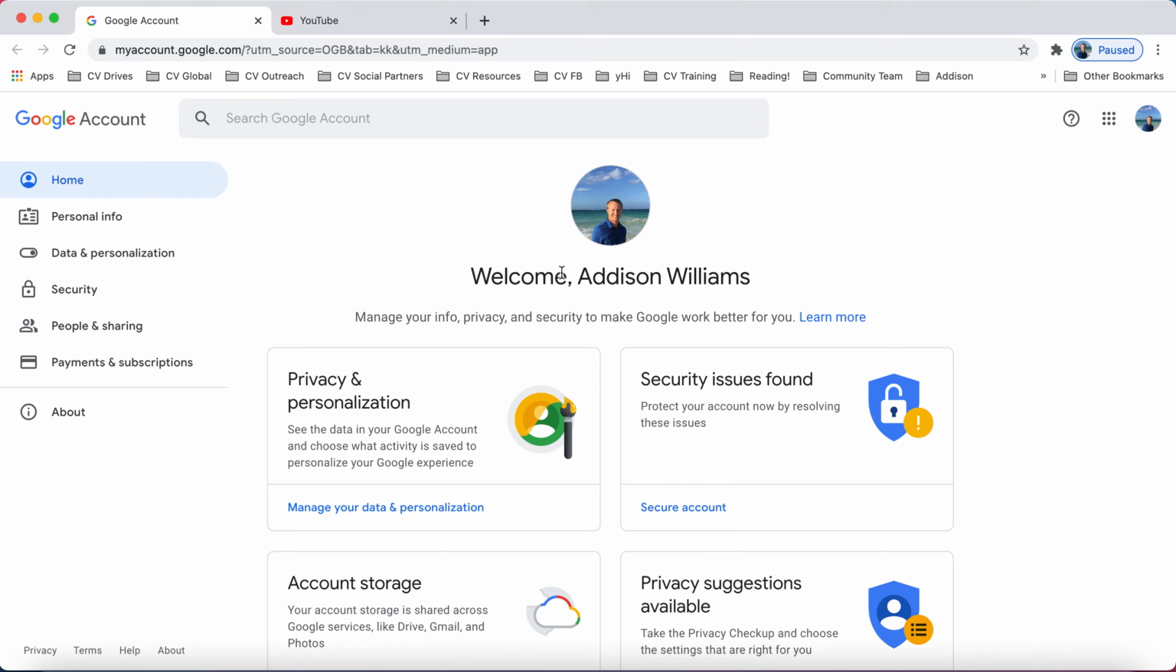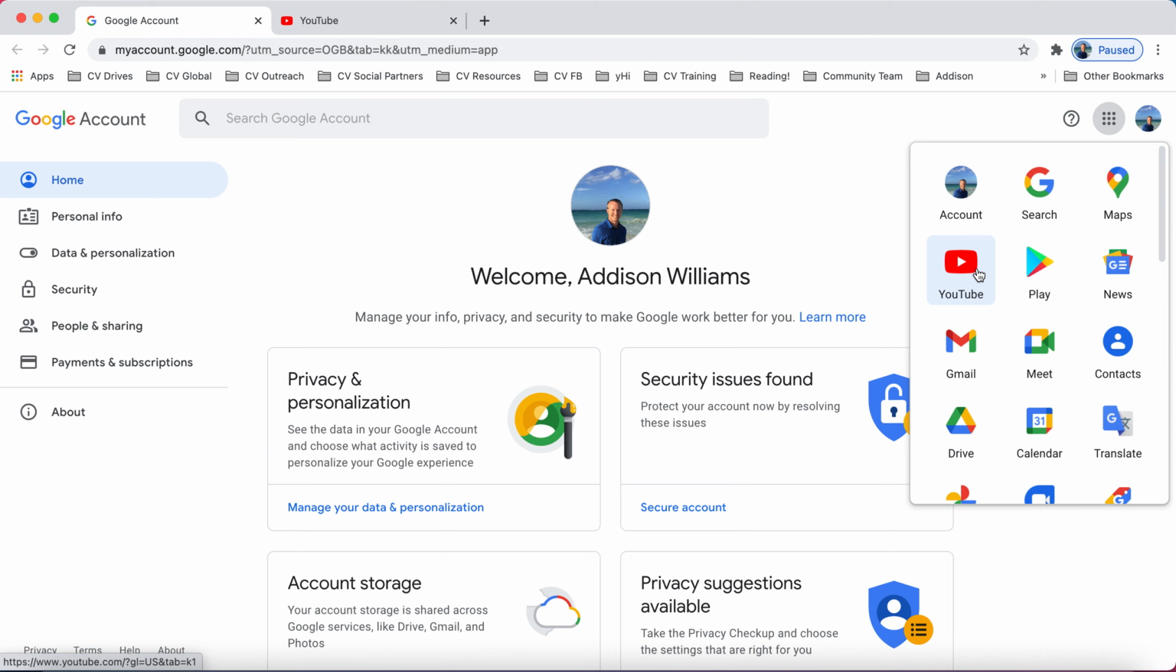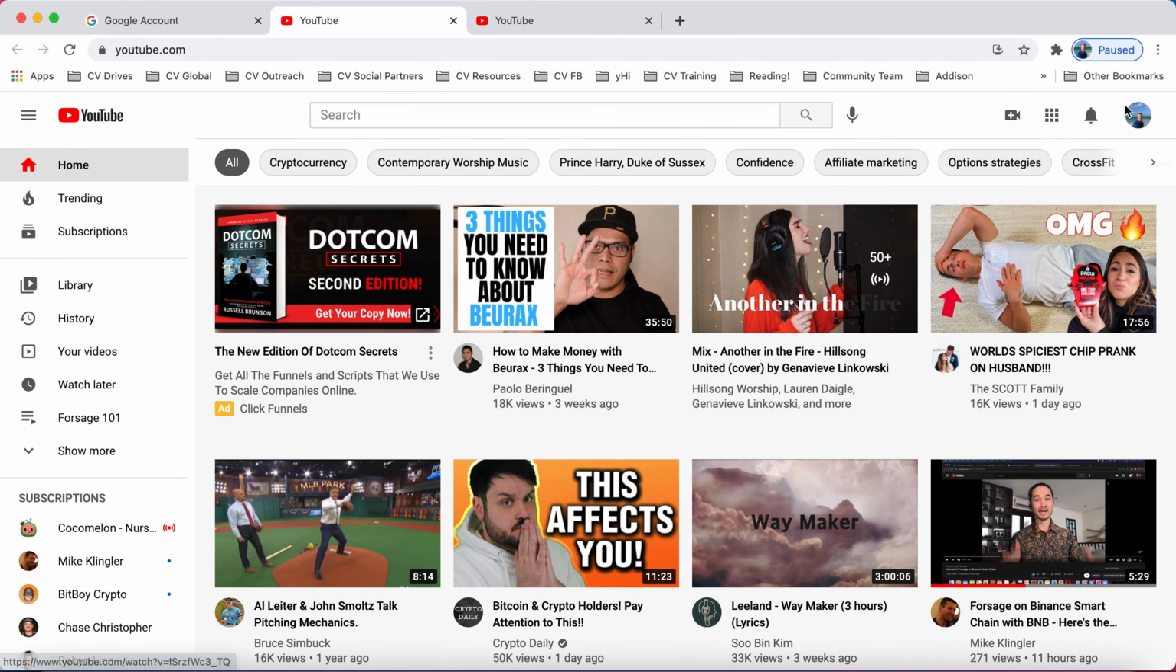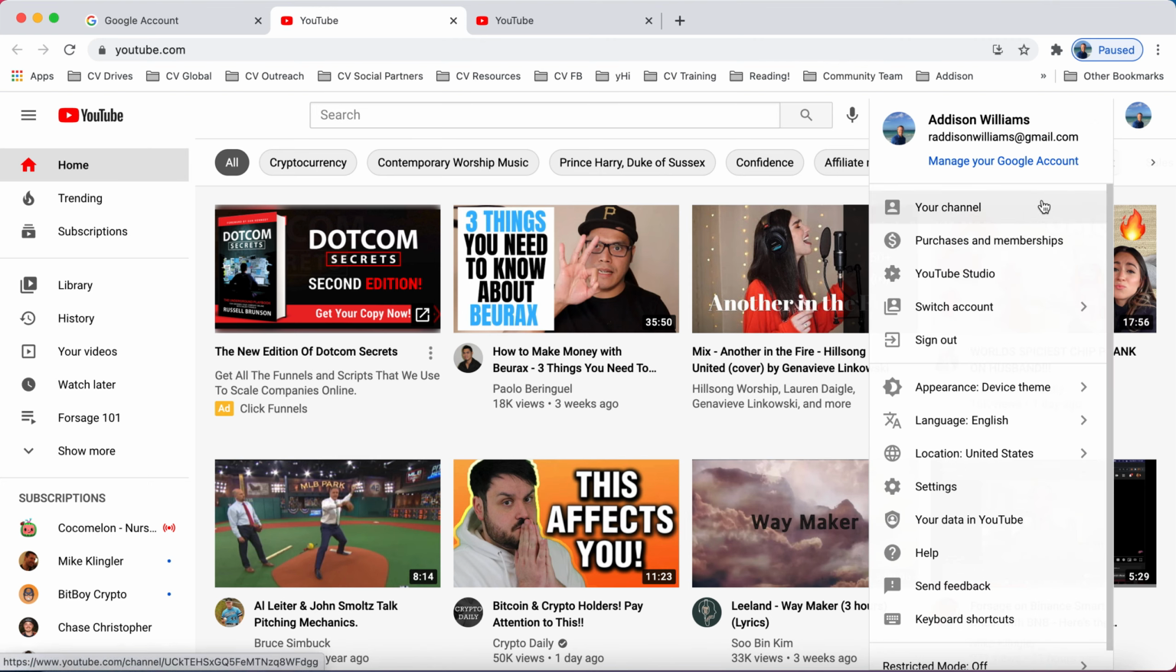So as you can see, I'm logged into my Gmail account. There's a couple of different ways that you can go to YouTube directly from here. The first one being, of course, type YouTube into your browser. The second one being click on the Google Apps icon, and then you will, of course, go to YouTube. This will automatically show your picture on the profile in the top right corner, and then you would just